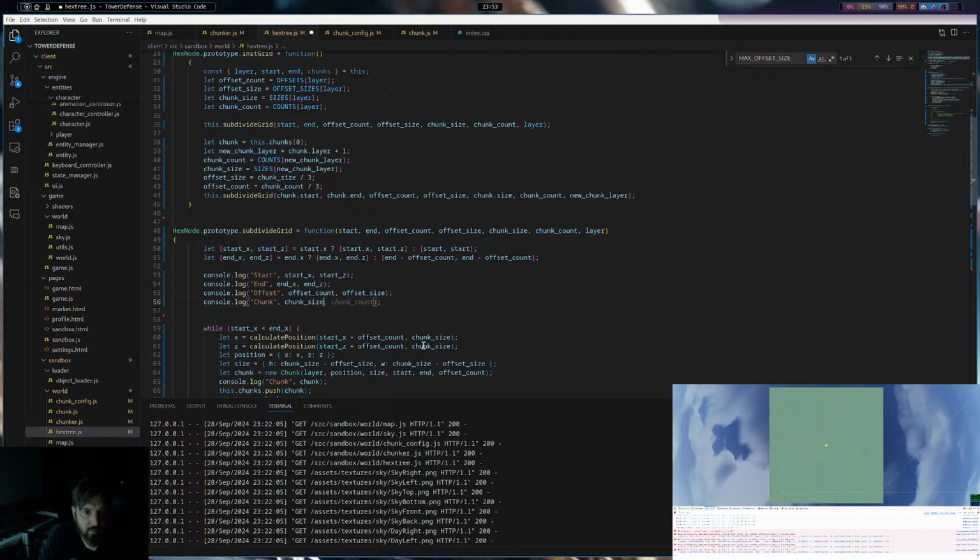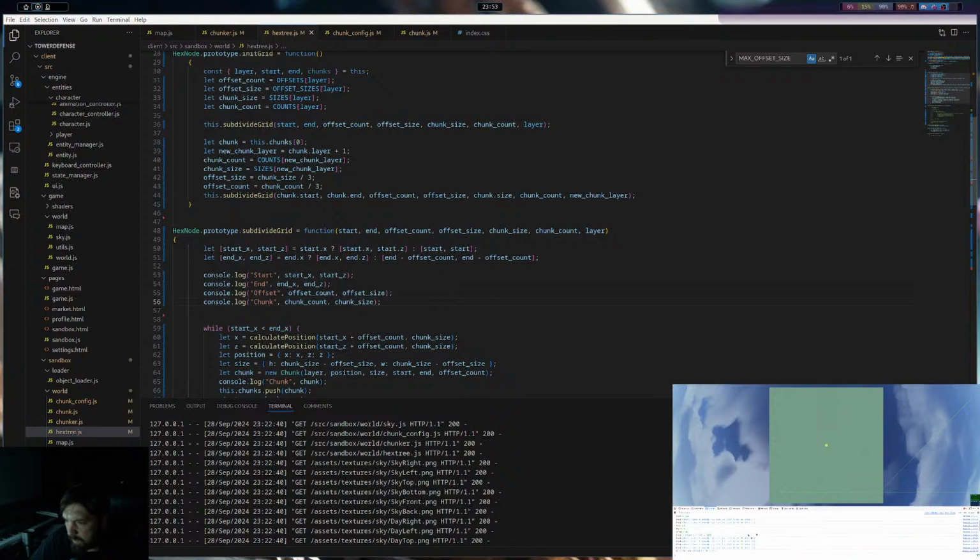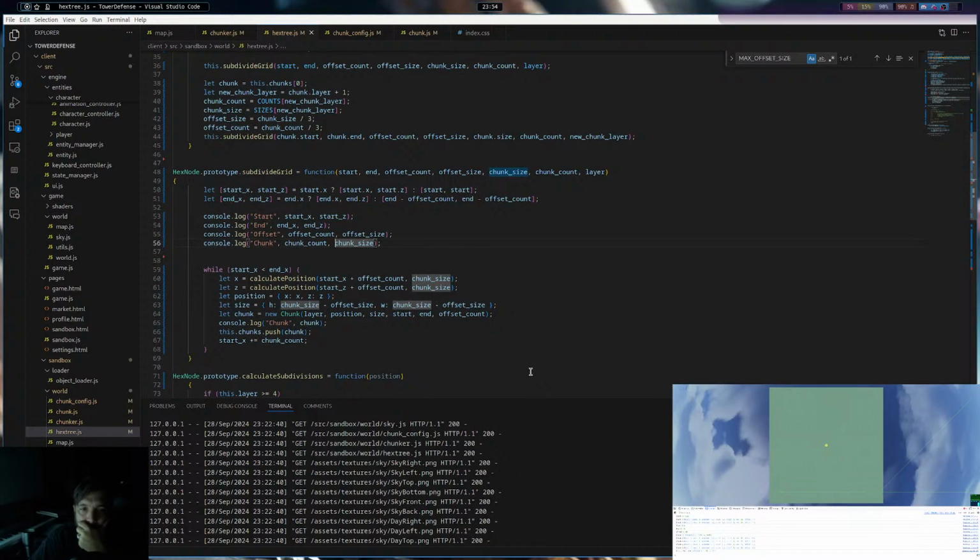Need to have the chunk count before the chunk size. So this is not going to be right.